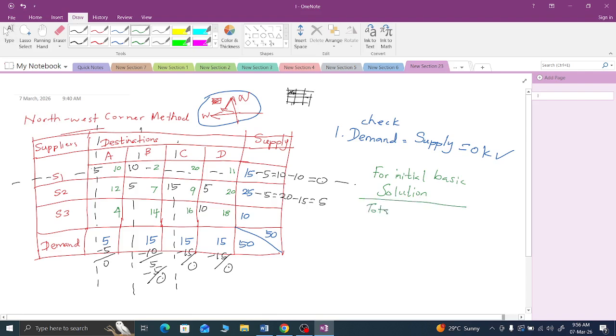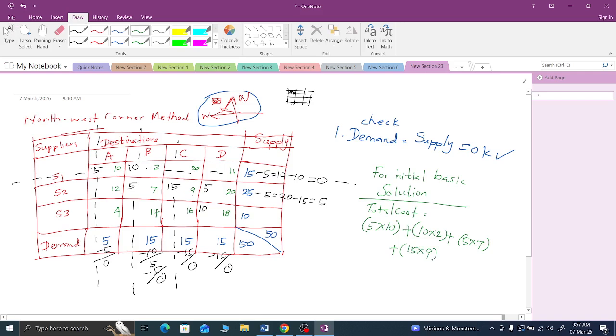Total cost equal to, say, 5 units multiplied by 10 rupees per unit, plus here 10 units multiplied by 2, plus 5 units multiplied by 7, plus 15 multiplied by 9,